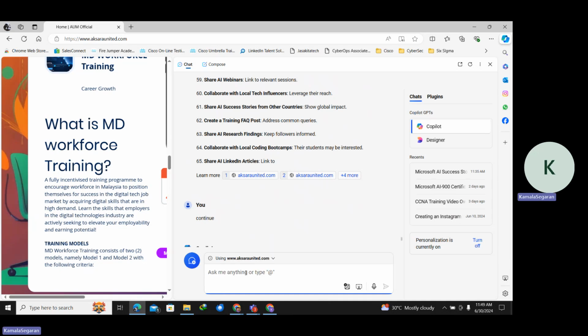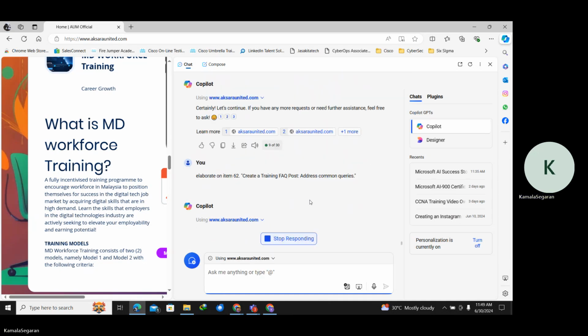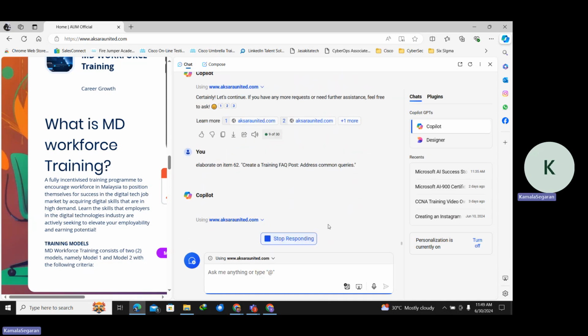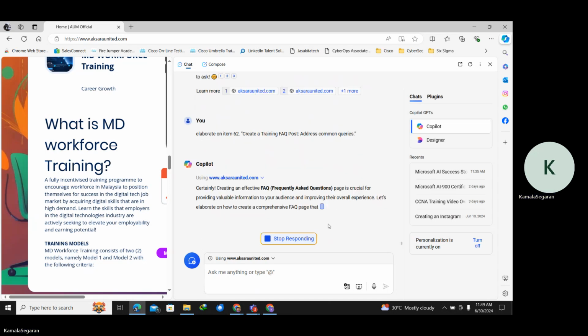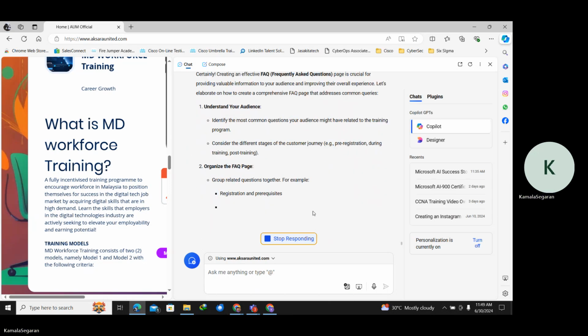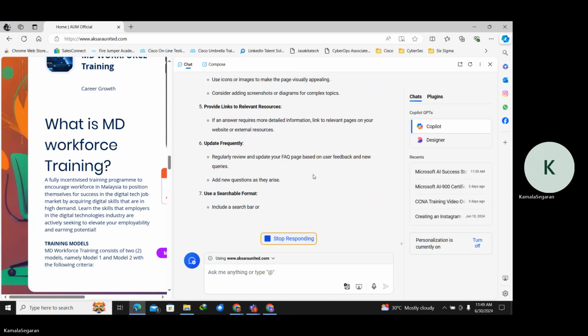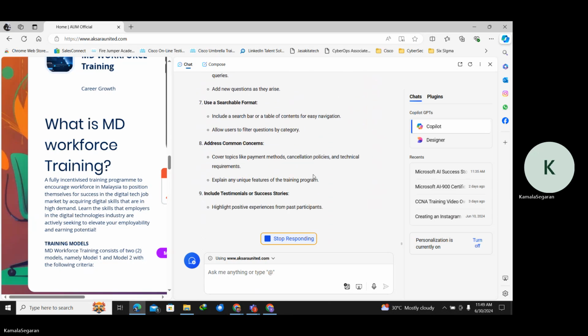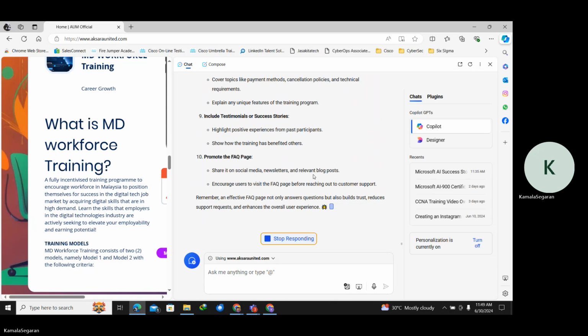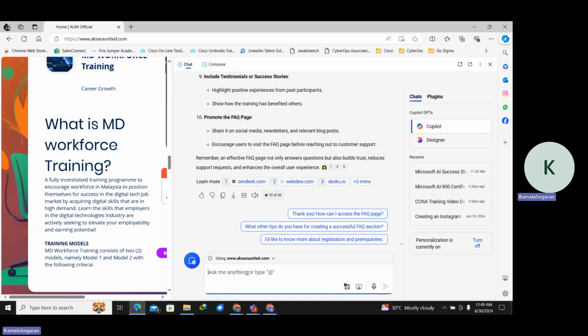Elaborate on item 62, using Aksara United website. Okay. Create the FAQ page content